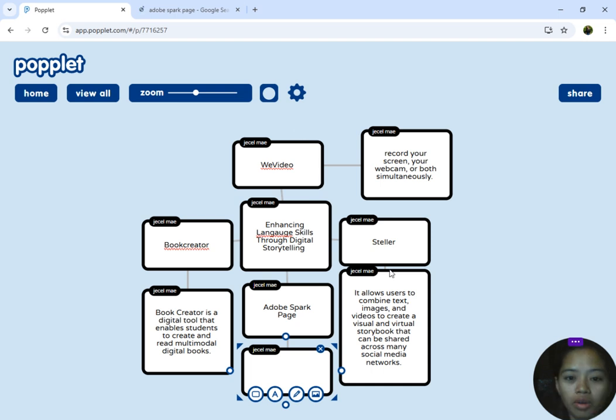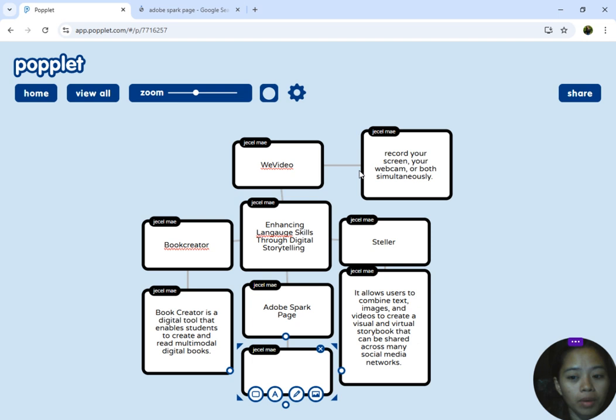Say for example, the teachers will give an assignment to the students to make an analysis about the story Harry Potter. So they can just use this app Padlet, in which they can put some videos of Harry Potter and also some photos.